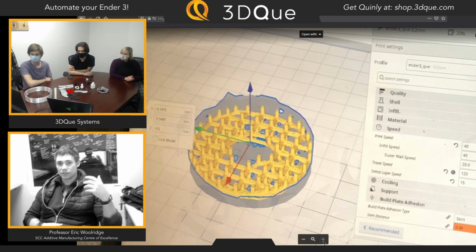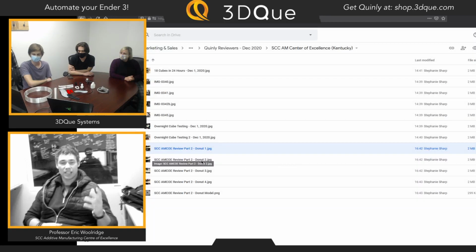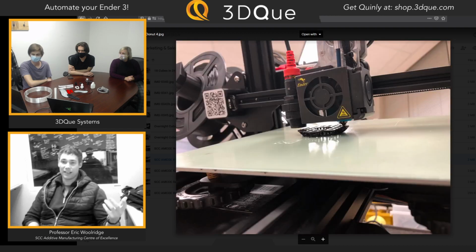So solving the material doesn't necessarily solve that problem. What does solve that problem, though, is how you design. And what you're seeing on the screen is the donut that we actually use for the Additive Guru